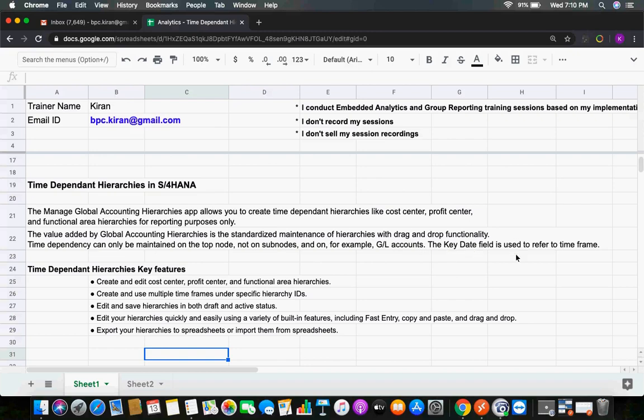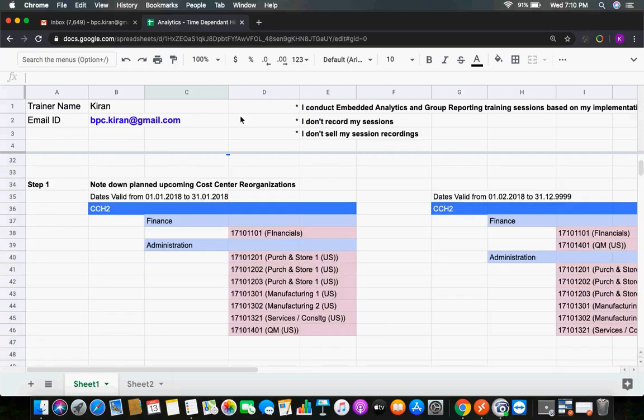Now the key date field is used to refer to the time frame. So when you want a time-dependent hierarchy, for example, I have two hierarchies here. The first hierarchy is a cost center hierarchy. The cost center hierarchy name is CCH2. There are two nodes, finance and administration.